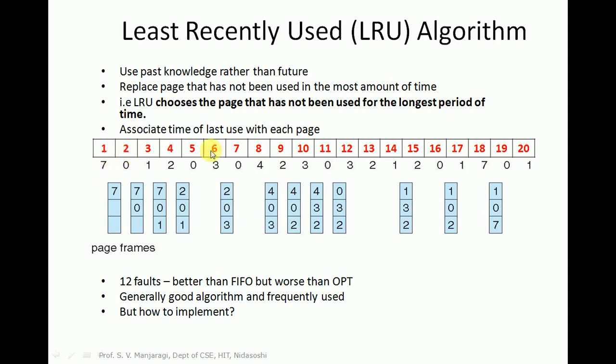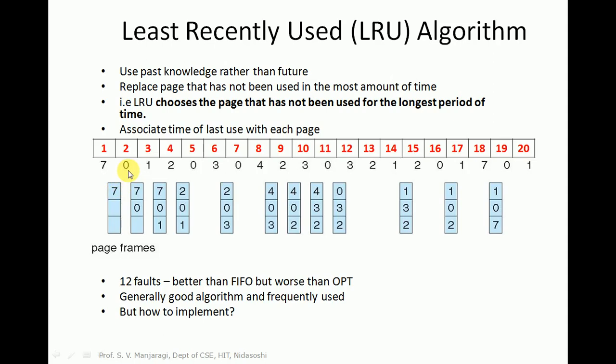So again we have taken the reference string, and these numbers are taken only for indication purpose. It is not required, only for better understanding of the algorithm. We will begin with the first page reference, that is 7. 7 is not there in the memory, so a page fault occurs, and there are 3 frames available here, so it can be directly placed in the first frame.